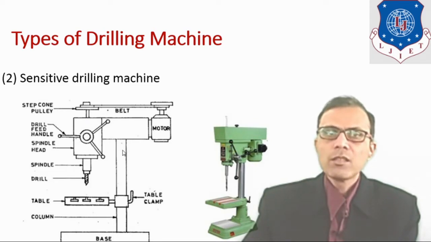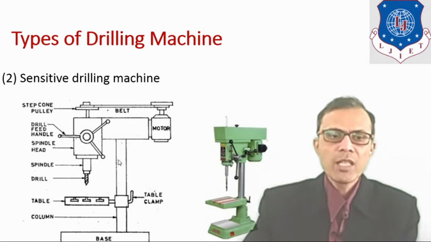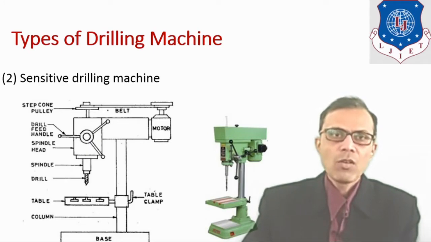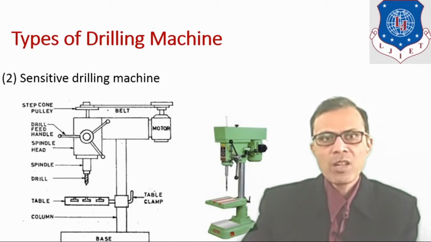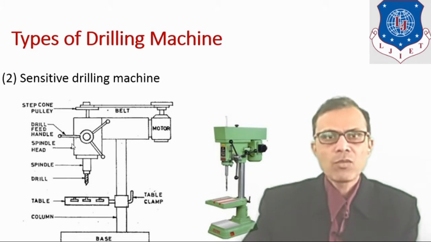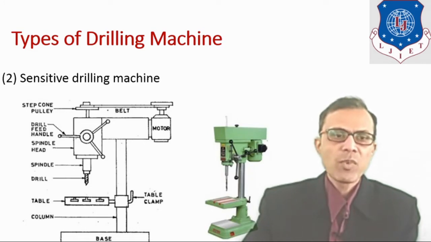Here, for the drilling action, the feed is provided by this hand wheel, and it enables the operator at every instant of the drilling action to feel or sense the drilling operation. So if it happens that the drill bit is worn out, then immediately we can stop the machine. As at every instant it enables the operator to sense the operation, that's why it is also known as the sensitive drilling machine.